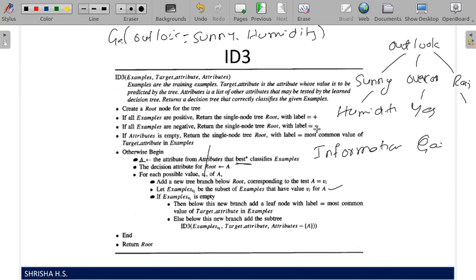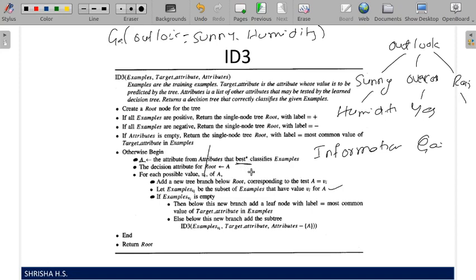If that is not the case, and you have the same classification, return that most common value, yes or no. Then you start using information gain. Best classifies means you calculate information gain, and whichever attribute has the highest information gain, you select it and take it as the root.